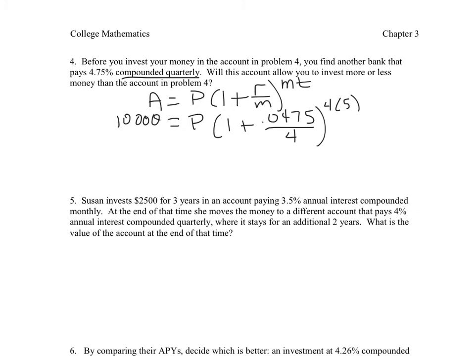So if you put all of this in your calculator, and I'll give you a moment to compute that. Remember, start with what's inside the parentheses, get that value, raise it to the 20th power, because 4 times 5 is 20, and then you need to take 10,000 and divide it by that number. Be careful that you don't round too soon. You will get the wrong answer if you round too soon. We're going to come up with